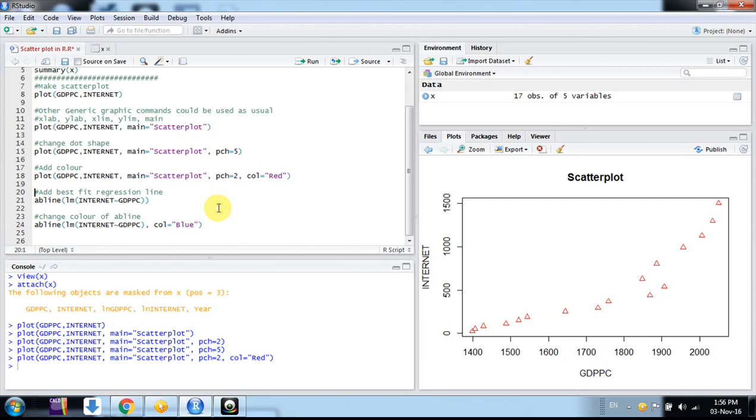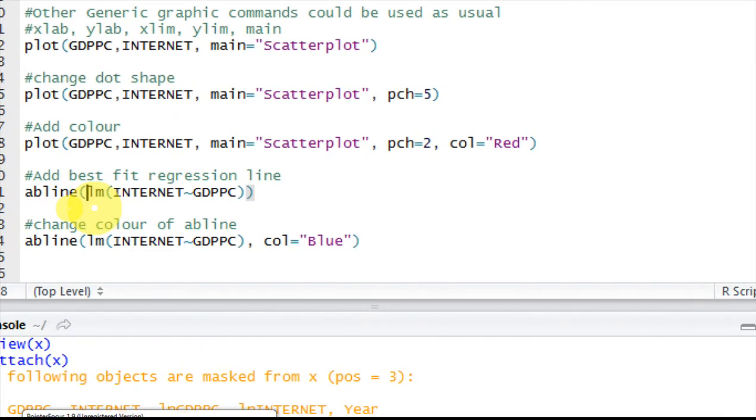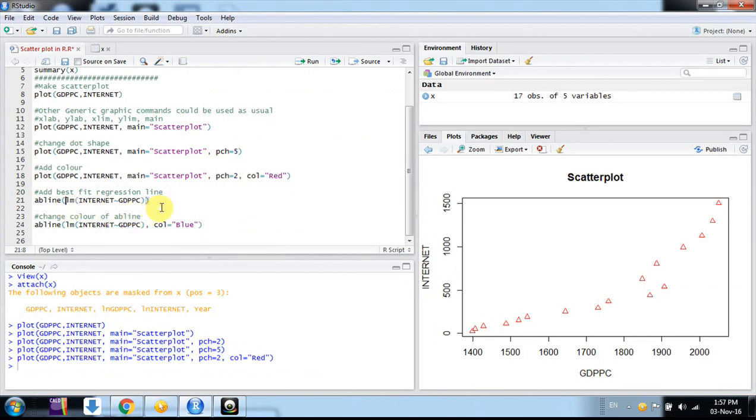But if you don't know, then just run a regression using the lm command, lm internet on GDP per capita. I'm just using this command, so it will automatically take the intercept and slope of the line, and I will use the abline command here and click OK, friends. So it will give me the best fit line for the data.